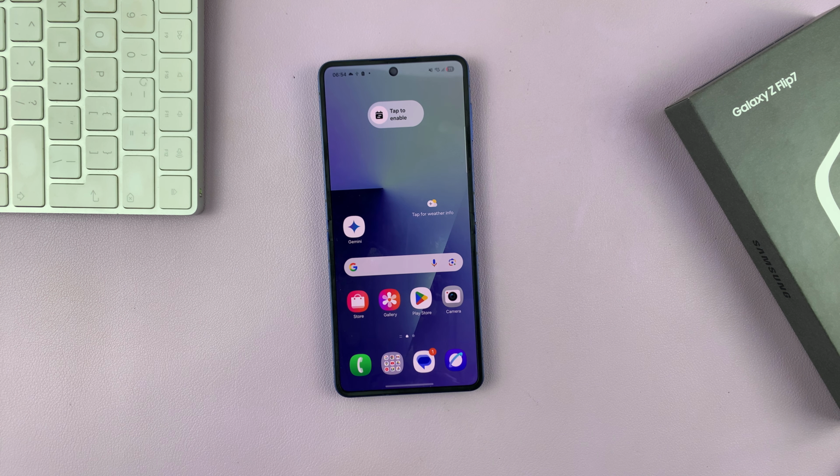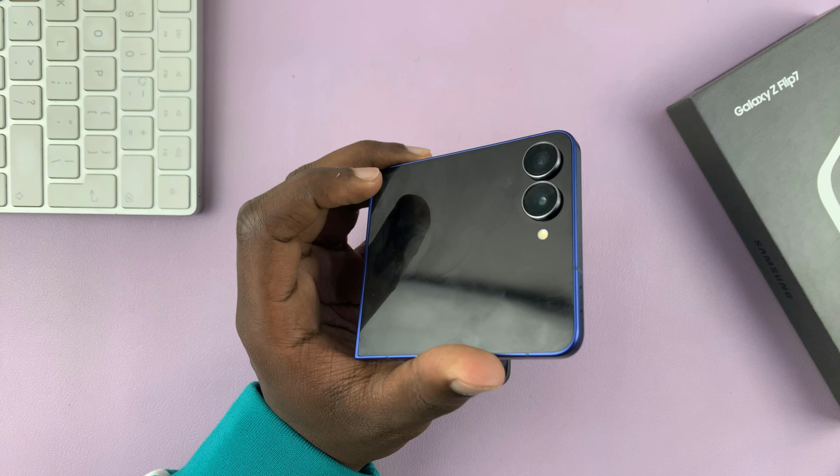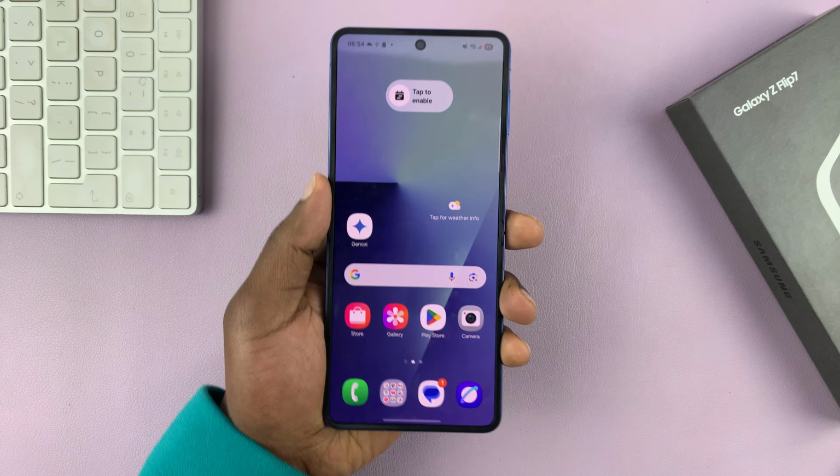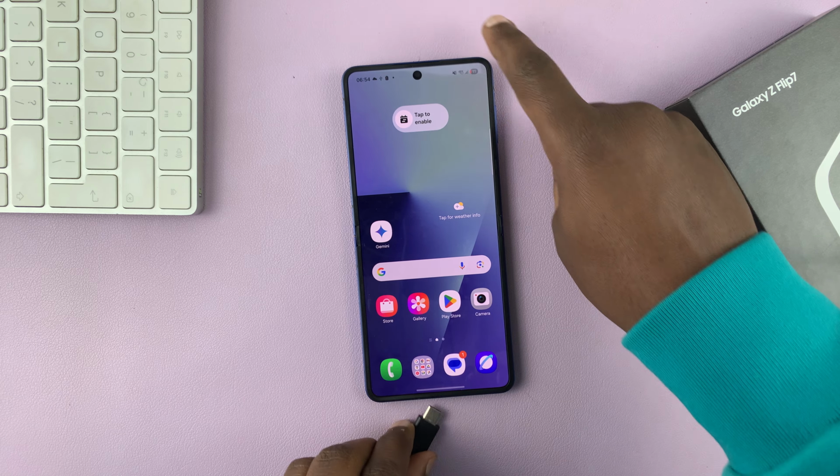So today I'll be showing you how to change the default USB configuration for your Galaxy Z Flip 7. You might have noticed that when you connect your Z Flip 7 to a computer, maybe you're trying to transfer files, but every time you connect,